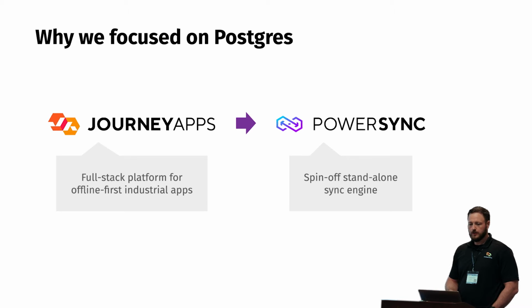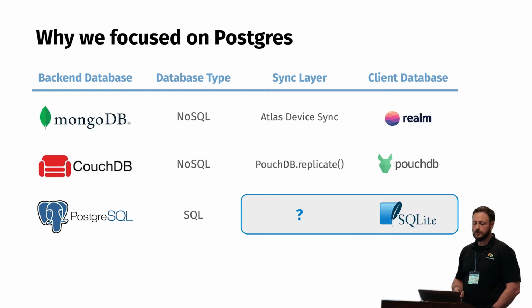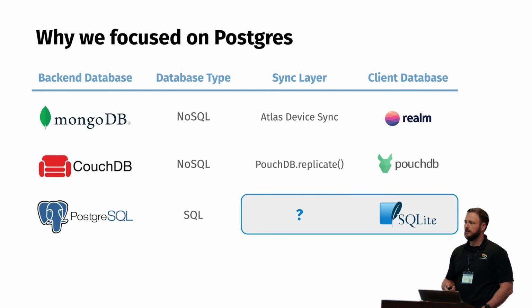So when building this sync engine, as far as why we chose to focus on Postgres, for the past 10 plus years, our company Journey Apps has been, our first product was a full stack platform for offline first industrial apps. And we were thinking of spinning off our sync engine as a standalone product, which came to be called PowerSync. And we were quite familiar with some of the NoSQL-based sync engines that are on the market. So for example, MongoDB and Atlas Device Sync and Realm, and then CouchDB, PouchDB. But sort of late 2022, when we started seriously looking into this, it didn't seem like there was really a mature equivalent sync engine for PostgreSQL that can also sync to a client-side embedded SQL-based database such as